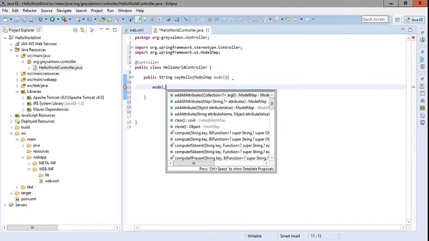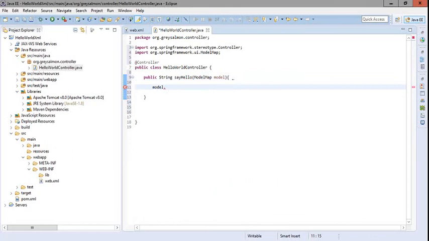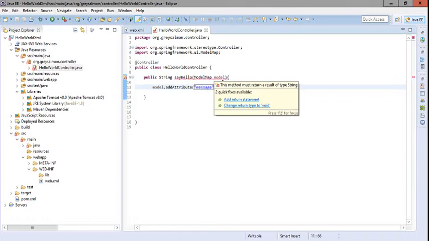So we can add the data into the model by using one string as a key, like here the key is message, and the value is again a string which I am using here, welcome from the Spring MVC.